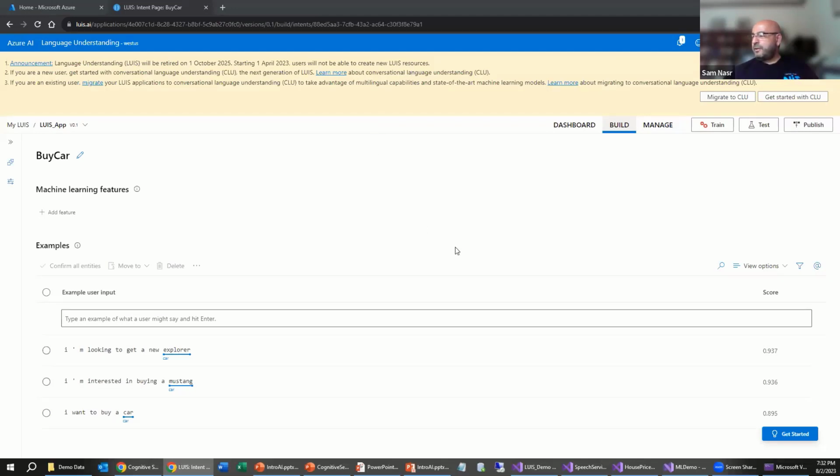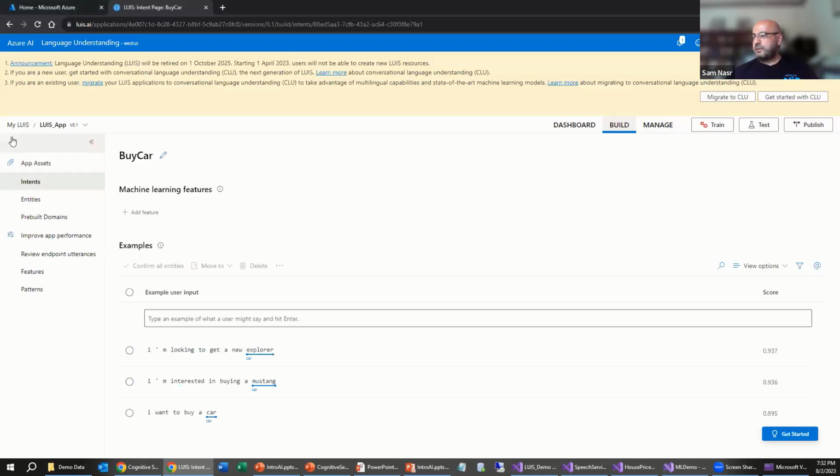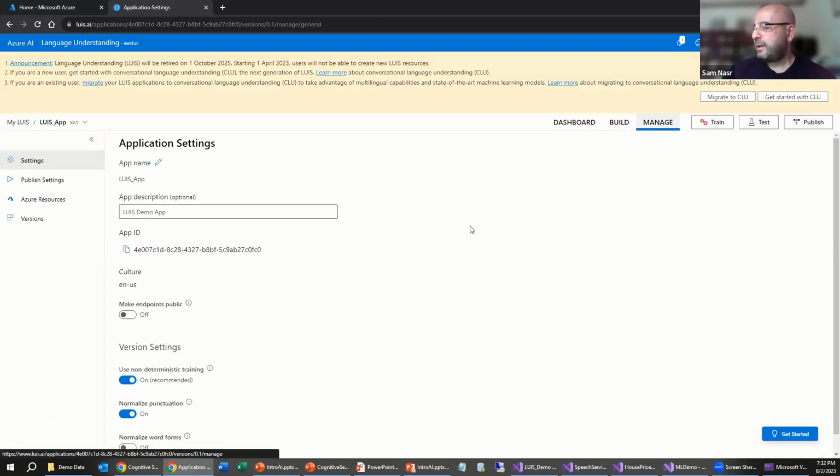And so with that, okay, so we have it trained. Now I need to be able to access this API. And so if I go over into my portal and I go under manage,